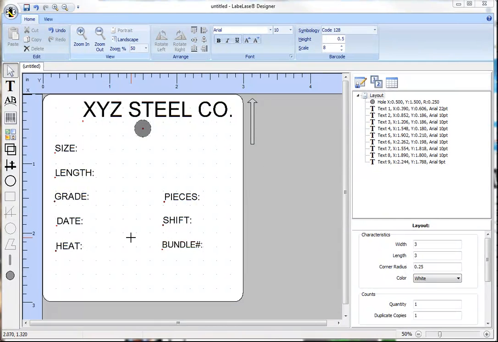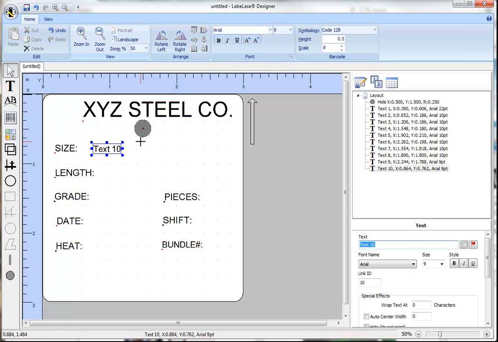Now that you have your fixed text labels, the ones that never change, you can begin adding your variable text fields. Remember, you want to link these variable fields to the operator data entry fields you created earlier. Begin with the first field, size. Select the text tool and draw a stretch box like before, but begin next to the size prompt. In the text field, you need to enter a special flag that tells Producer that what you really want to print here is the first of the operator data entry fields. This flag is